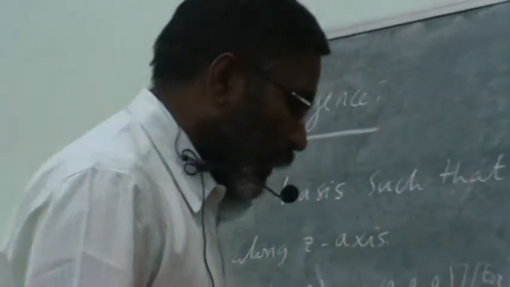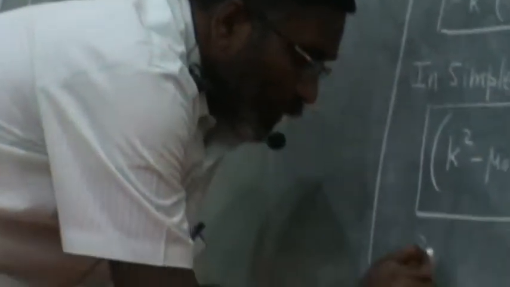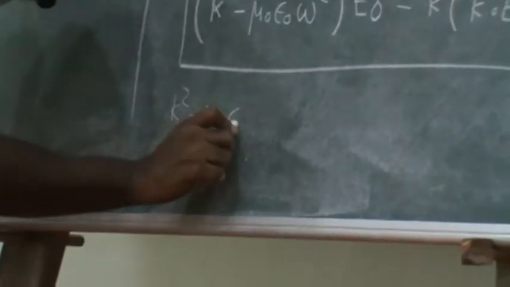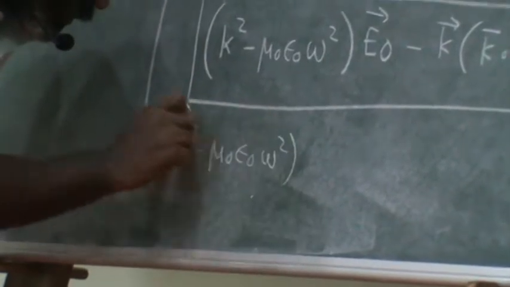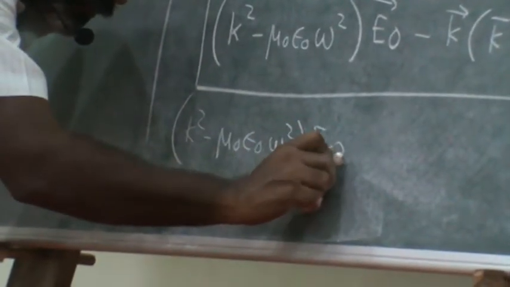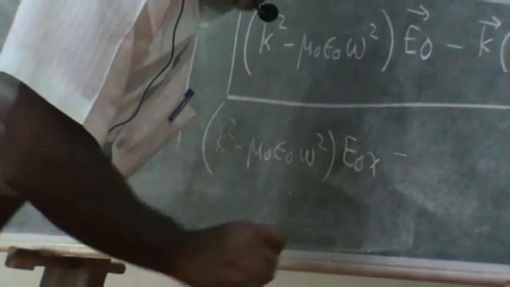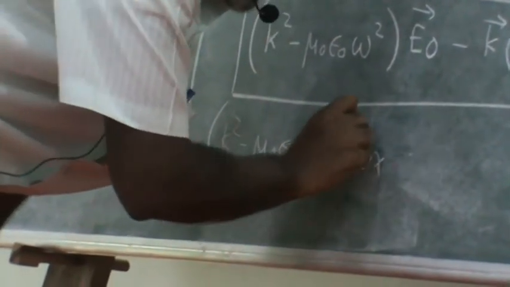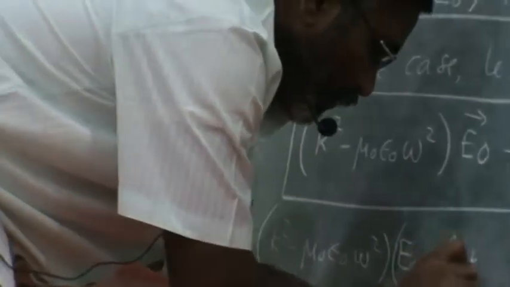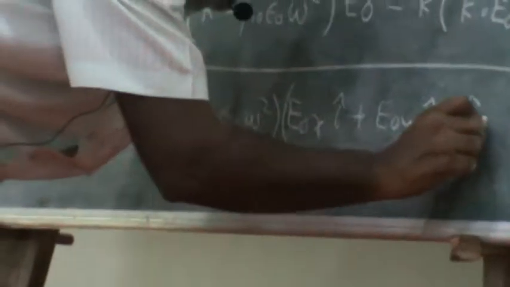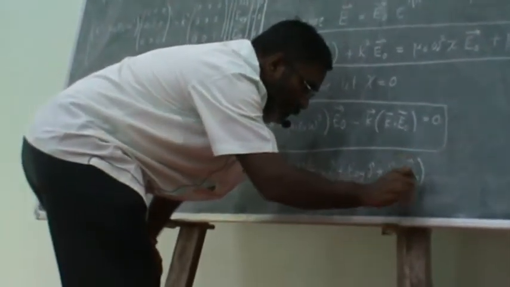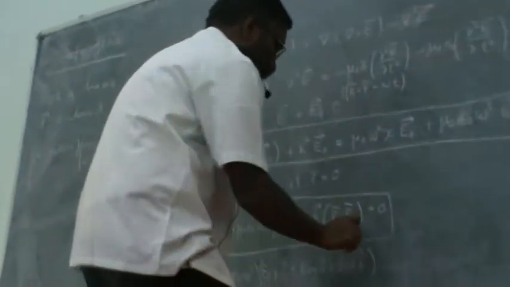For example, let me write the first x component: k square minus mu naught epsilon naught omega square into E0x, minus E0x times i plus E0y times j plus E0z times k, minus,